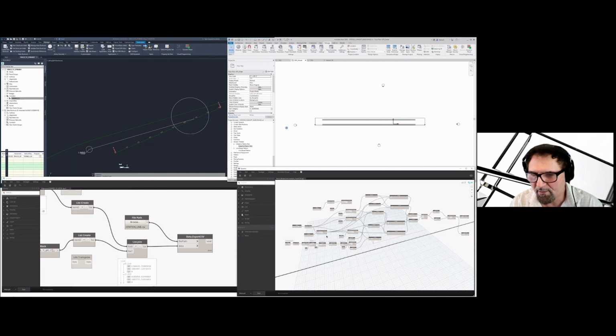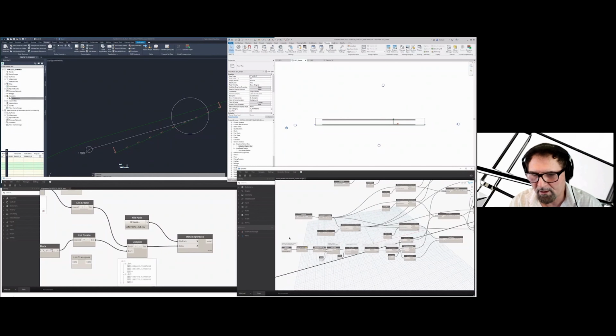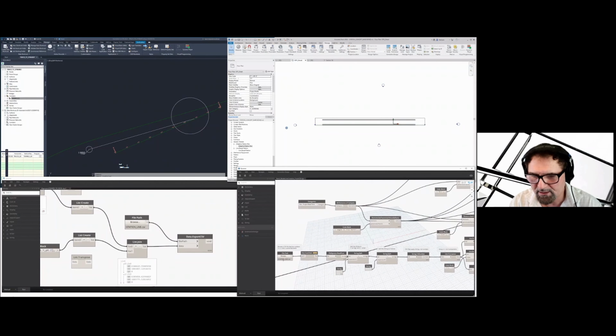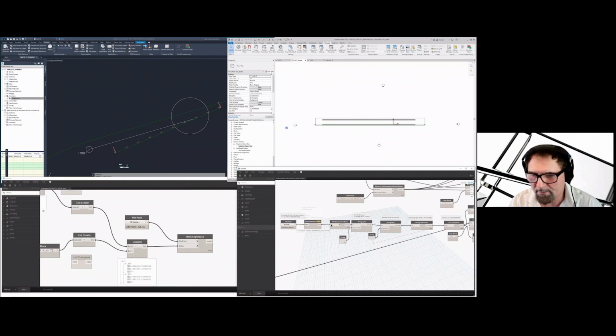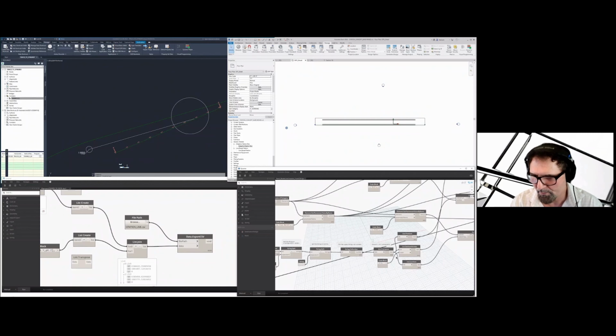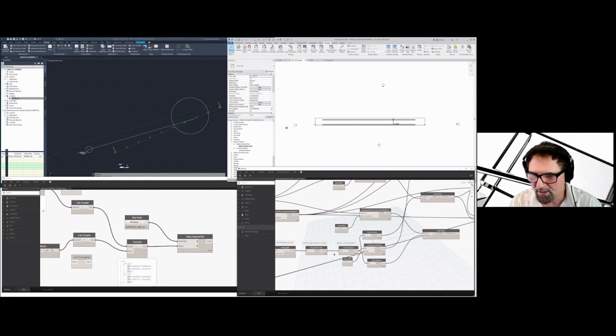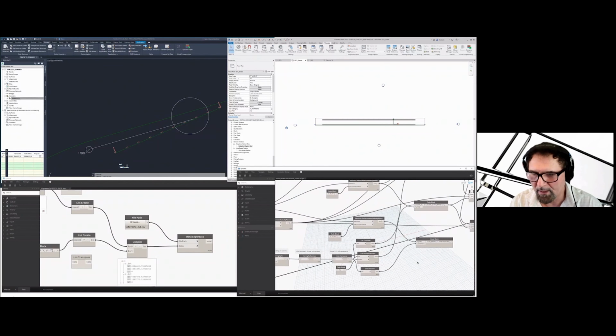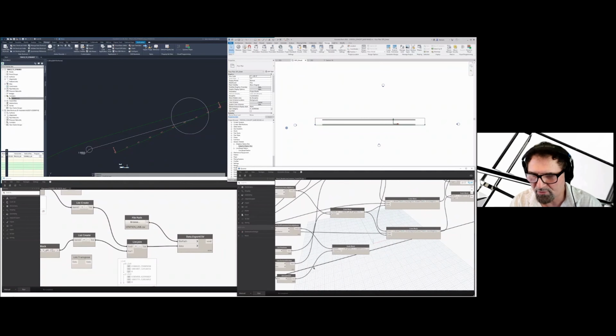Over here in the Revit Dynamo, we start by reading data from that same file. I'm going to use the system to read the coordinates, and everything that is down this stream of controls in Dynamo is to arrive at the coordinate system and coordinate format that will be digested by Revit.